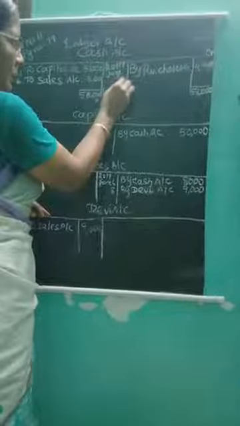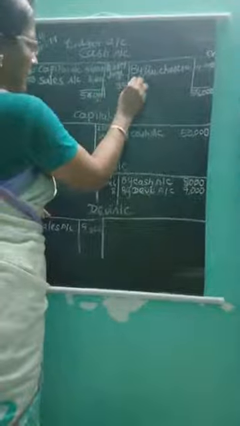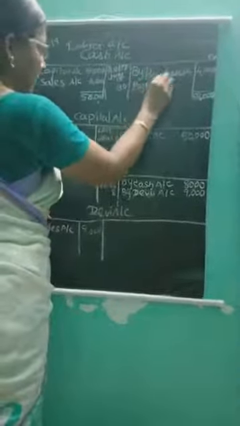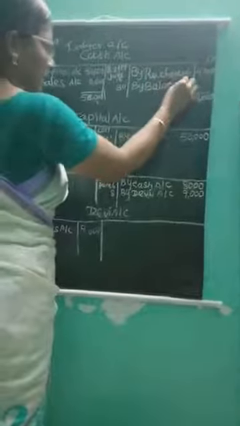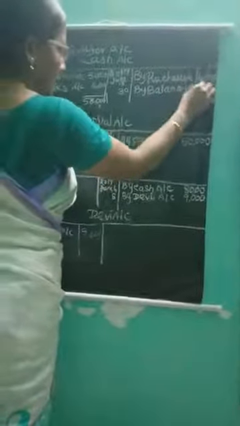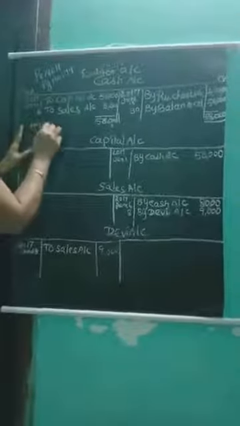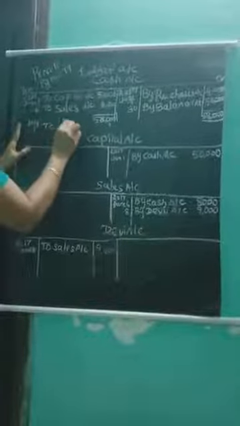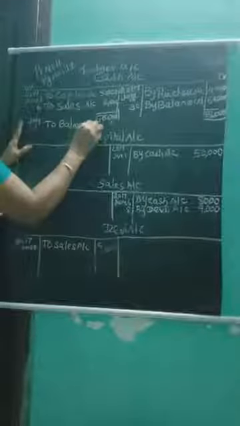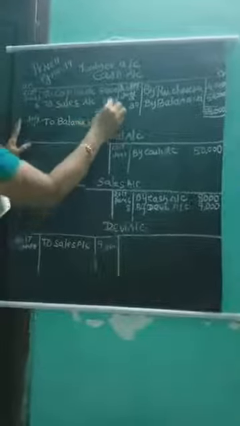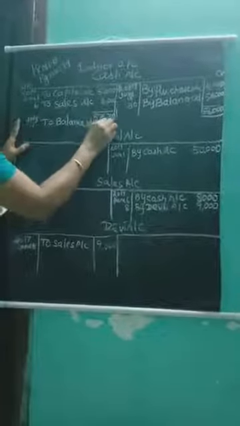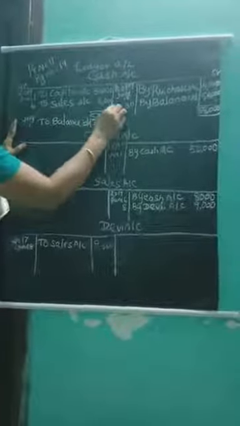Balance you are going to do at the June 30 month end. By balance. This is called balance amount. Balance carried down. What is the meaning of that? What is the amount balance? 54,000. So this amount we are going to bring down during the month of July 1. July 1 to balance brought down. We have to put the line to differentiate both the debit and credit.